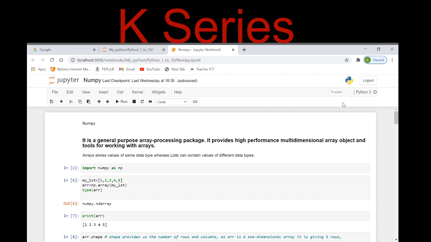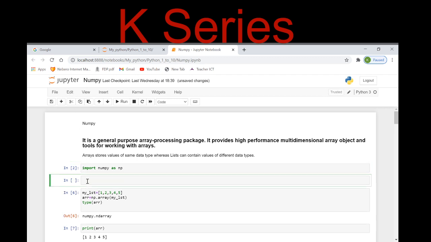Now, how can we import NumPy? Let me show you. I can simply type import numpy, or if I don't want to type numpy every time, I can give a shortcut as. So as represents here, it's a shortcut. Now, whenever I have to call this library, I just need to type simple np and it will go well with the function, right? So here I am importing numpy as np.